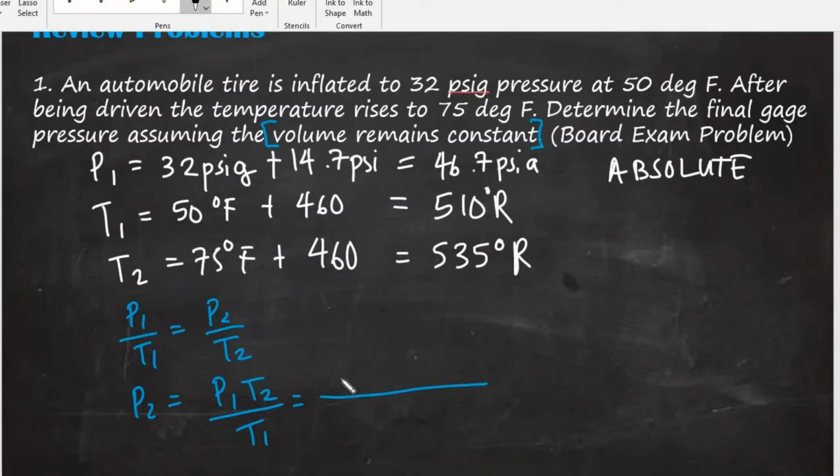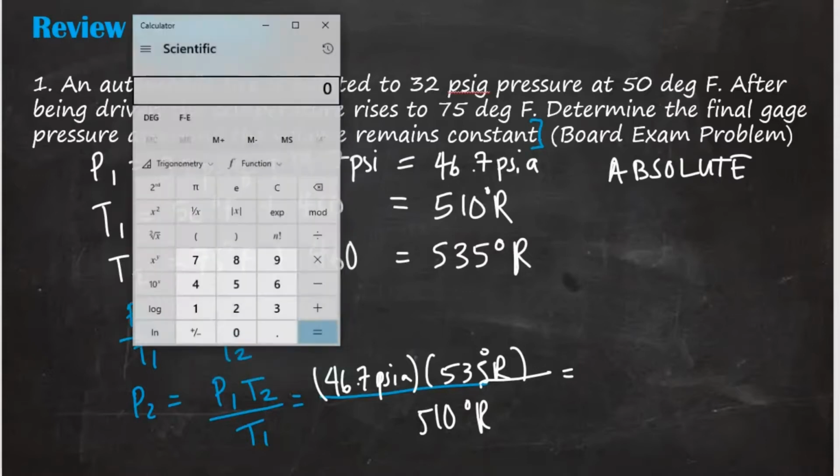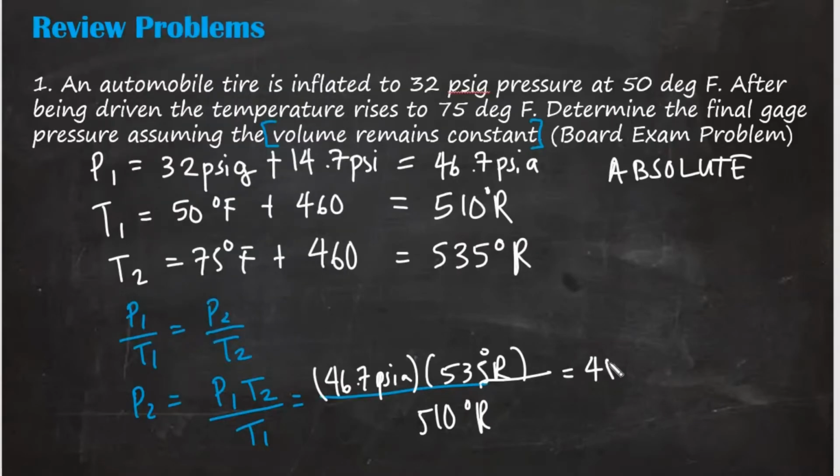We have P sub 1 is equal to 46.7 psi. T sub 2 is 535 degree Rankine. And T sub 1 is 510 degree Rankine. So let's get our calculator. Let's do 46.7 times 535, then divide by 510. So we'll have 48.99